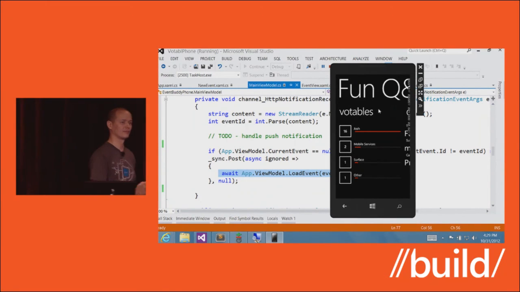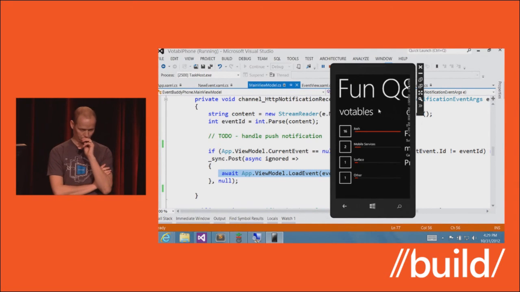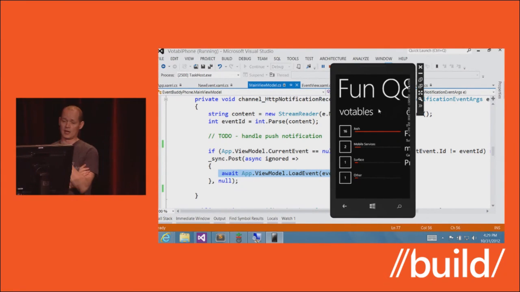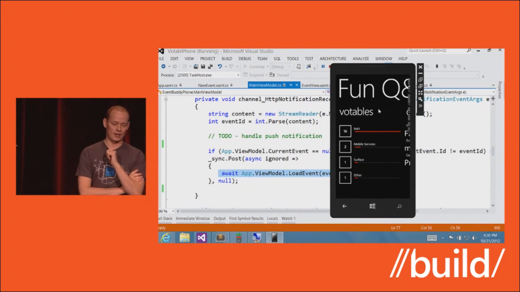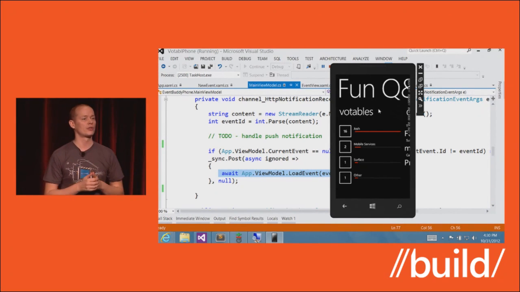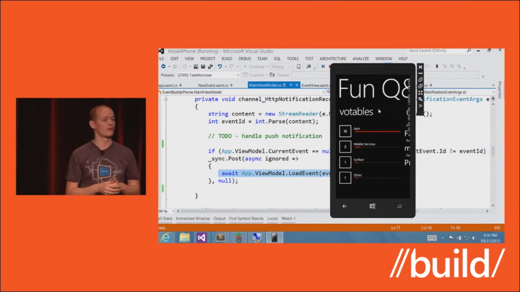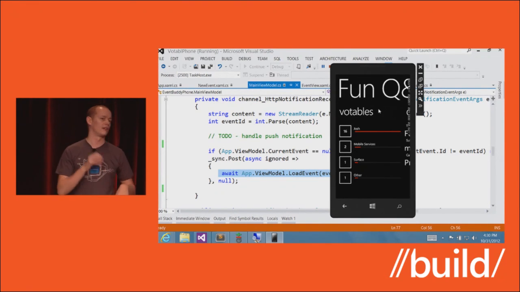Sorry. When you were inserting the event and the votables, you inserted the votables for each iteration of the for loop. Is there any way to batch those up rather than making tons of separate service calls? Yes, there is actually. There's a couple of ways to do it right now, and we're looking to make it even slicker. On my blog, I have a post that shows you how you can upload one batch, and then you do any pulling apart of that in the script. So that's one approach people are taking. We're actually looking at making batching a whole paradigm you can just do on the client. You send a batch. So that's